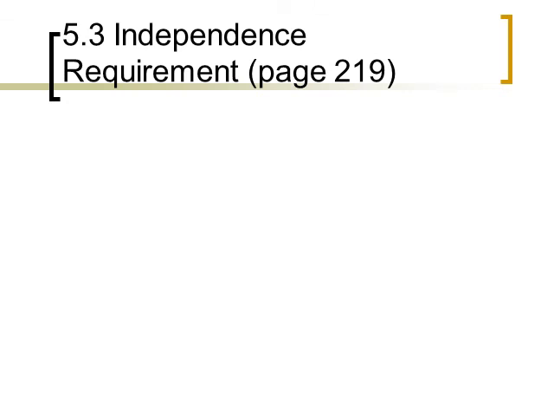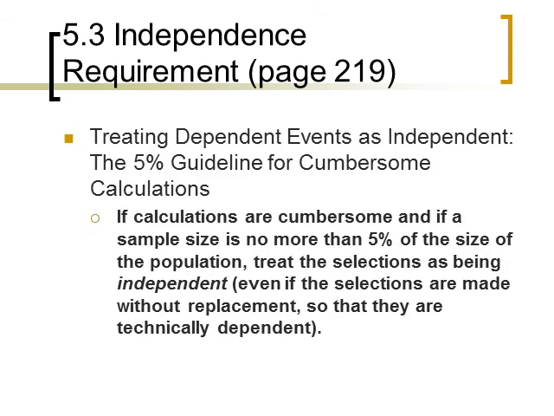Let's talk about the independence requirement. We can treat dependent events as independent events if it meets the qualifications for the 5% guideline for cumbersome calculations. This guideline says that if the calculations are extremely cumbersome and if the sample size is no more than 5% of the size of the population, we can treat the selections as being independent, even though the selections are made